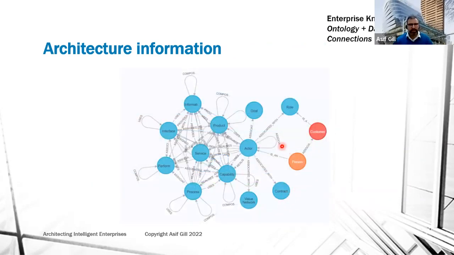Here is an example of an architecture information graph. Again, I did that in a Neo4j database. You can see there are different meta model elements, which are in blue. And then there is data, which are the instances of those. So actor, you can find it. Actor could be a type of person. Person is a type of actor. And then there's another data item, customer. Customer is a kind of role which an actor performs. You might have employee as a role there and further roles. So the things in blue are the ontology, and the data are the instances of that ontology.